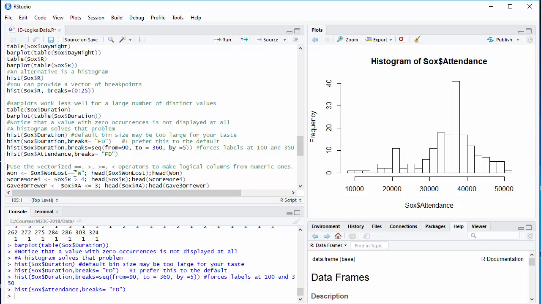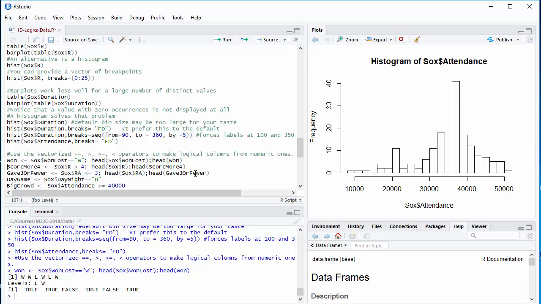Sox$lost is equal to W. That's going to produce a true in every position where the Sox won the game. I check it, and you can see I started with W, W, lost, W, lost, W, and that got converted to true, true, false, true, false, true, trues in the positions where we had a W. More interesting,